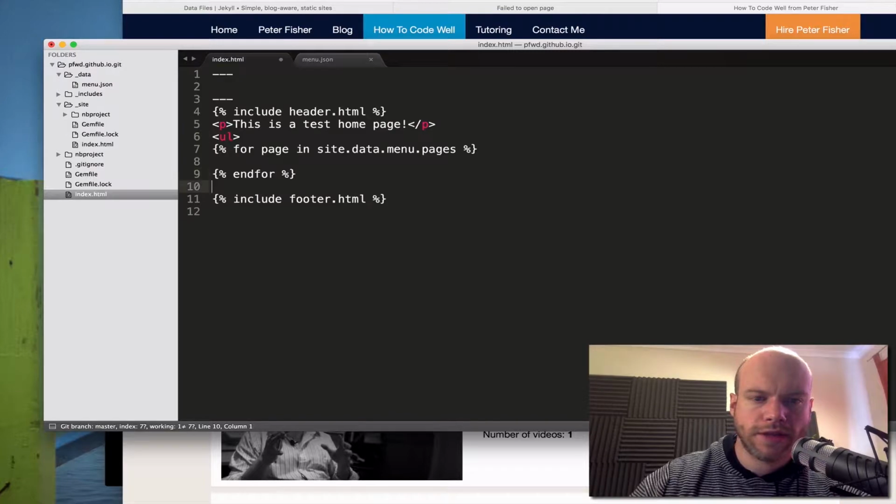Okay, so now in here, well, actually before this we're going to do a UL, and then we're going to close that off. UL like this. Oops. And then we can do an LI and close that off too. Now what we can do is access each of the portions of each page object using this syntax, these curly braces like so, and we do page because we're referencing this page object,